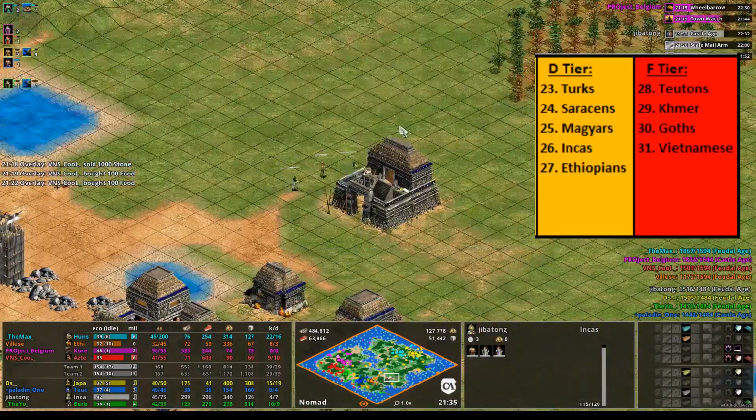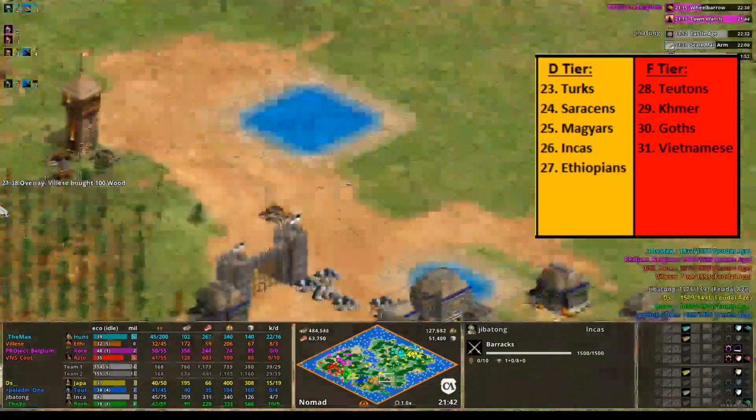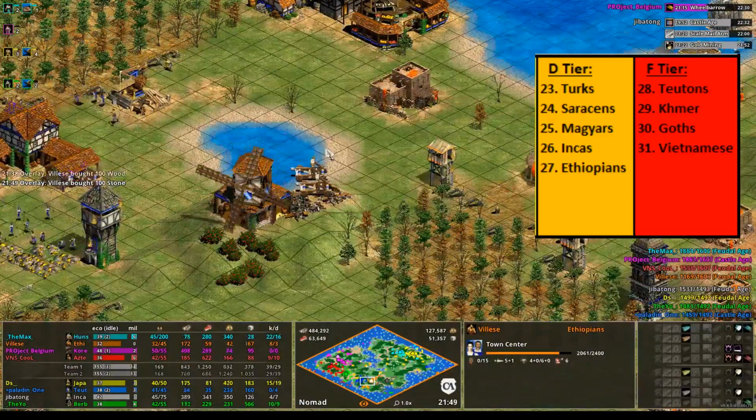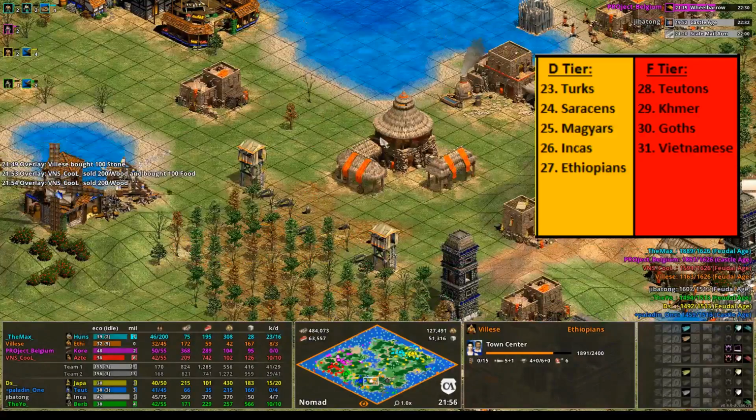And unfortunately, rounding out our civilizations, our bottom four are F tier. We just have 4 civs that aren't good on most maps, and especially not good on Nomad. Teutons,